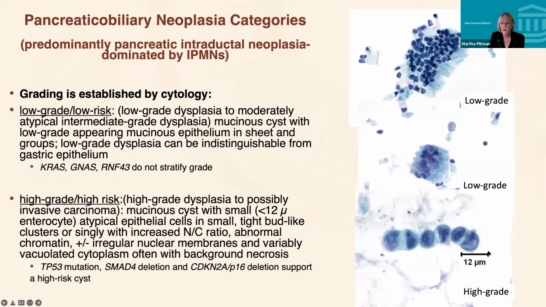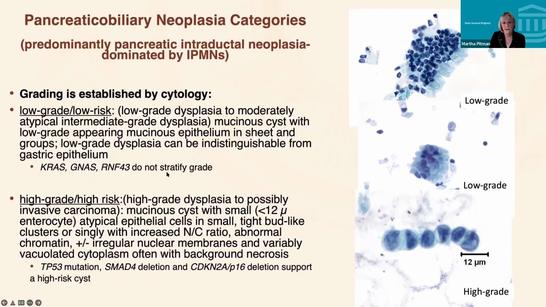They're smaller than a 12-micron duodenal enterocyte. They have abnormal chromatin. It can be hyper or hypo. Usually they do have irregular nuclear membranes, but not all cells will have nuclear membrane abnormalities. And the variable amounts of residual cytoplasmic mucin. The background necrosis is often present, but it's not always present. And there usually are a good number of these cells. They're not just one or two cells. So low grade, low risk, high grade, high risk based on epithelium,